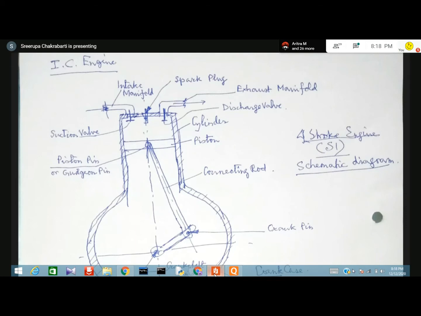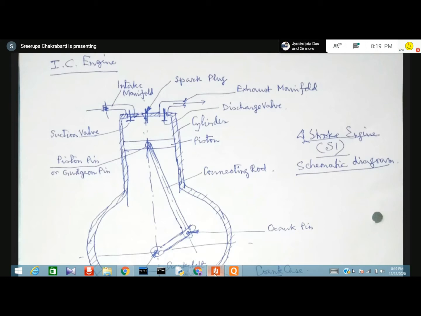I have drawn the schematic diagram of a spark ignition engine. Because it is spark ignition, there is the requirement of a spark to produce the ignition of the fuel. Spark ignition engines are those engines where the fuel is to be ignited by providing a spark. Now for that there is a spark plug. Not very clearly understandable from the picture, but this is basically a spark plug. You might have seen it.